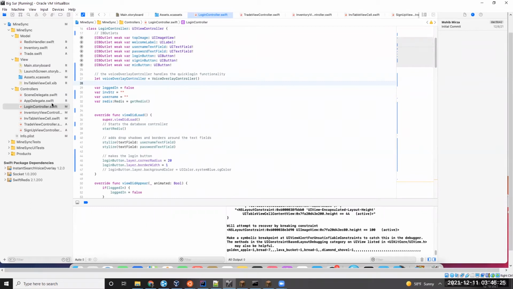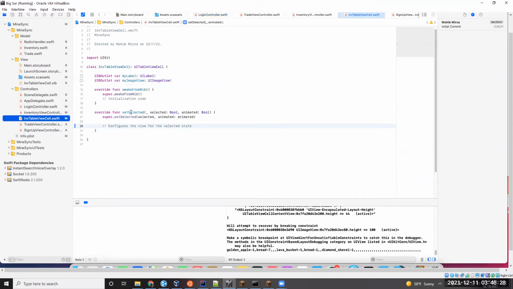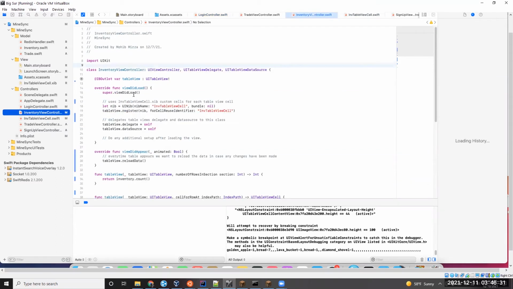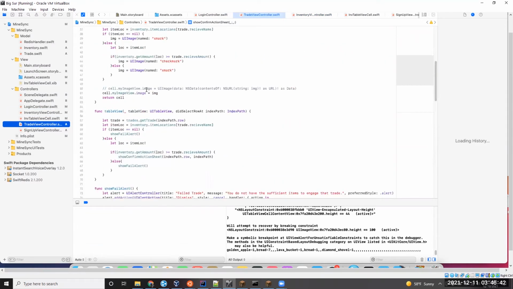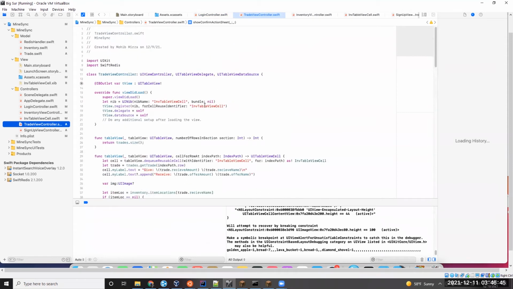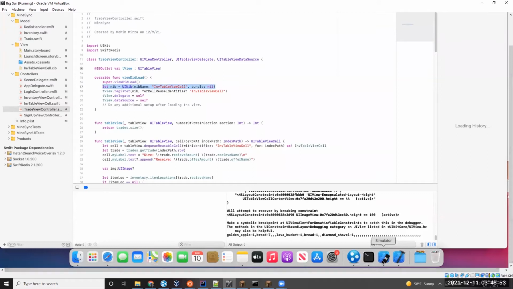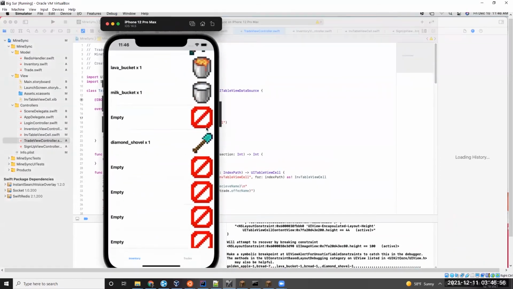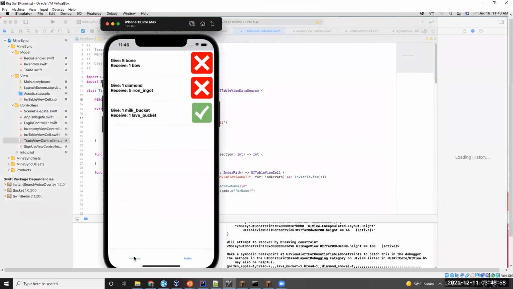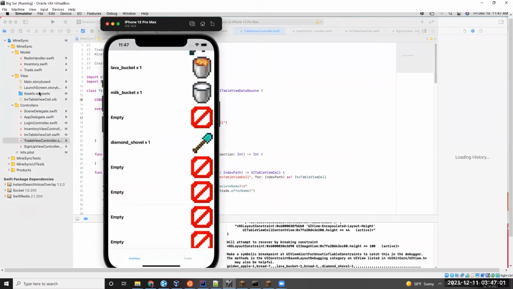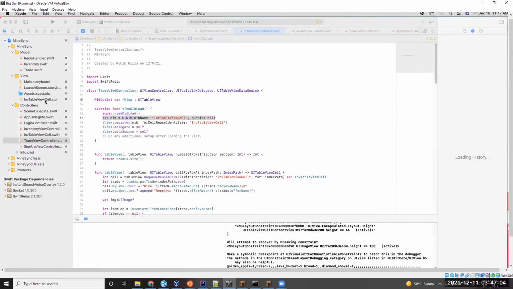I basically use table view delegates. So I have an in table view cell or inventory view controller. So this is a table view delegate, and that shows the inventory tab. And then the trade tab looks very similar to the inventory tab, and it is also a delegate, and they're actually sharing the same nib or xib file, and they're actually using the same cells because these cells are very similar to these cells. It's just the images are different and the text is different. So it actually uses this one individual